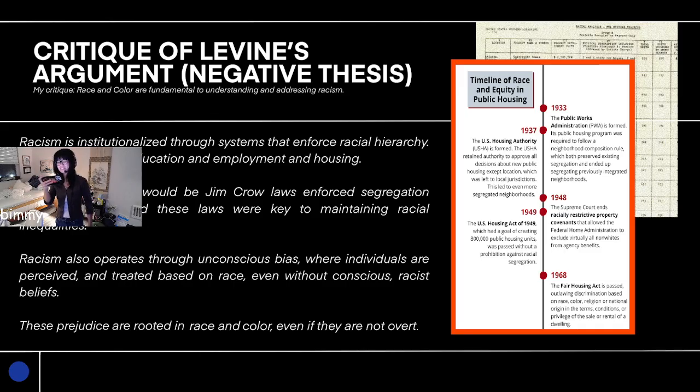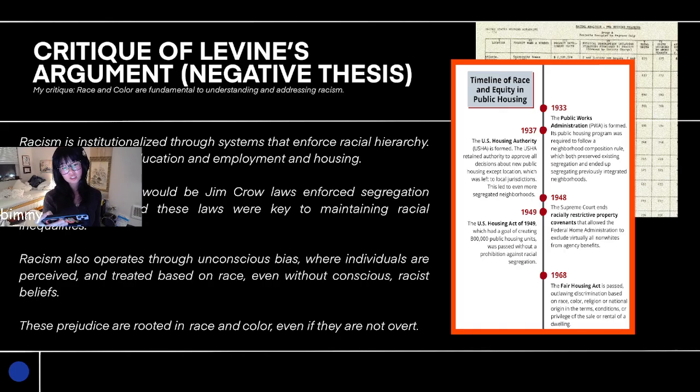An example of this would be Jim Crow laws and the phrase separate but equal, used to segregate by race and subject black people specifically to worse living conditions. Therefore, racism cannot be separated from the concept of race and color because through racial classifications, oppression is institutionalized and maintained. Secondly,